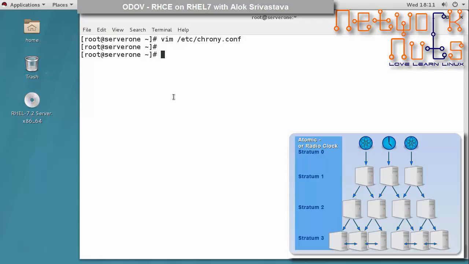It's much better for you to receive the time from a stratum 2 server rather than from a stratum 8 server, because stratum 2 servers, as you can see here in the picture, are much more reliable as compared to stratum 8 and stratum 9 servers. So try to get as close to the stratum 1 servers as possible while syncing the time. Once you have done it, it's very simple stuff. Just restart your chronyd,